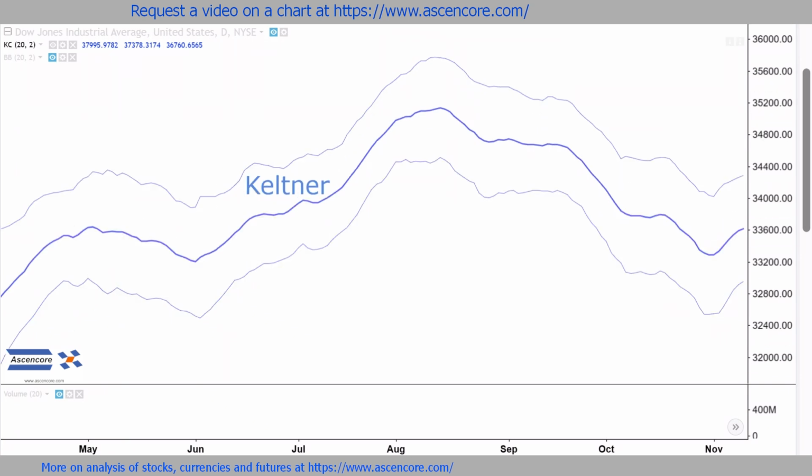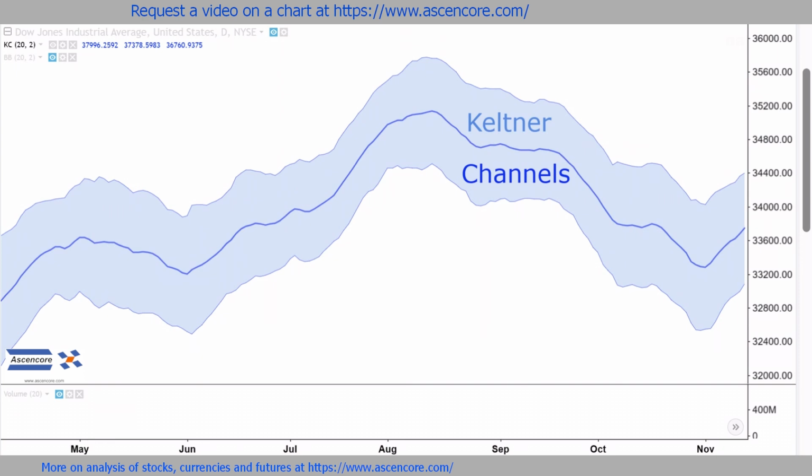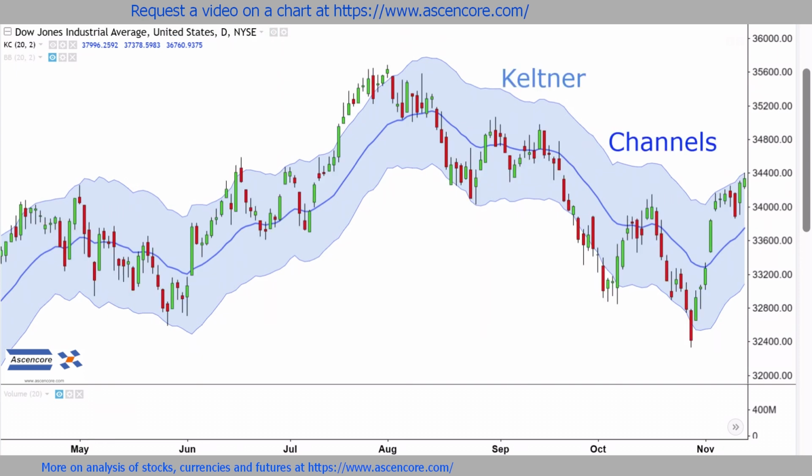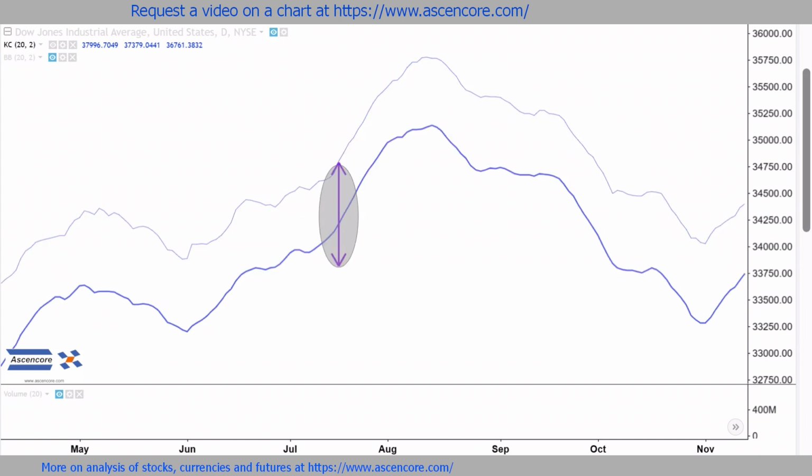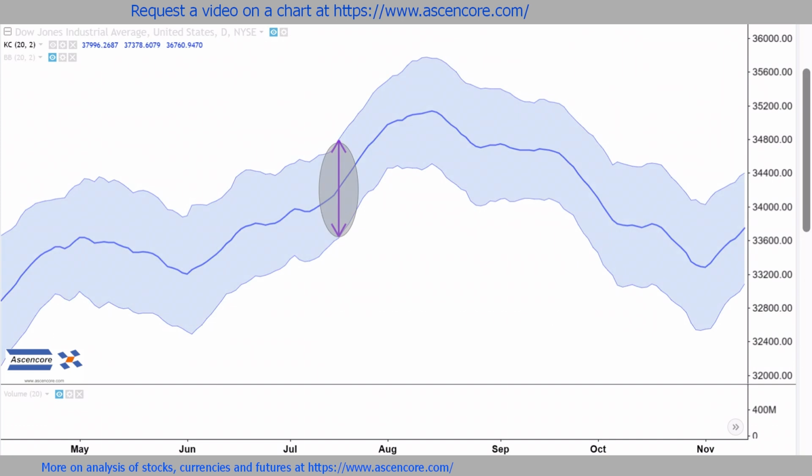Introducing a series on Keltner channels used in technical analysis. This indicator centers around an exponential moving average that's often set to a default length of 20. This serves as the middle or center line. Then there will be a line below and above this middle line to form the upper and lower boundaries of